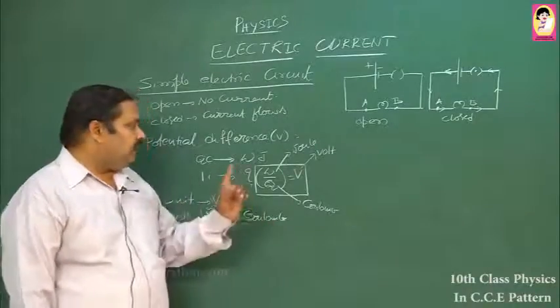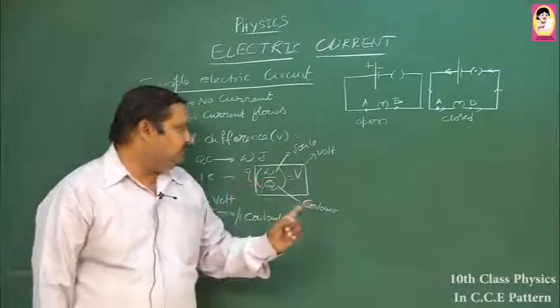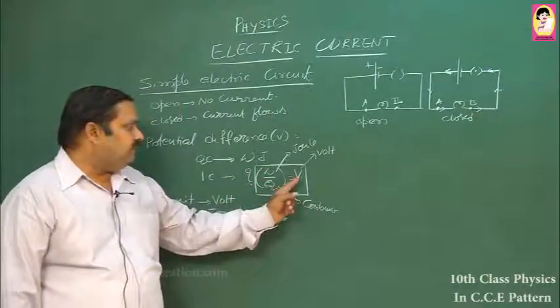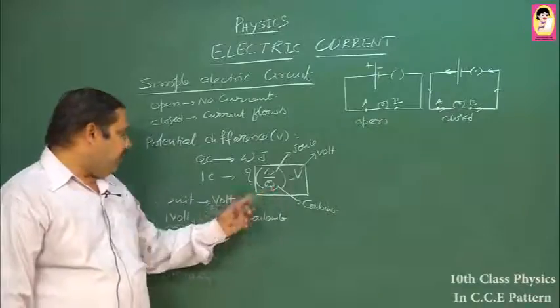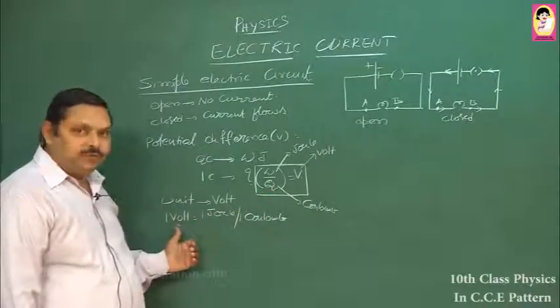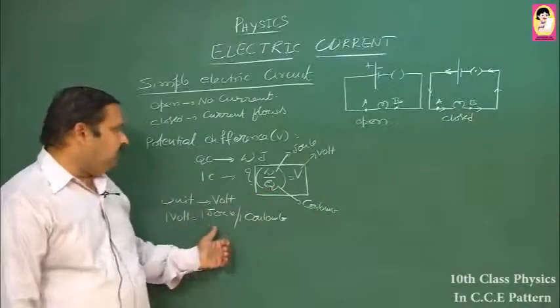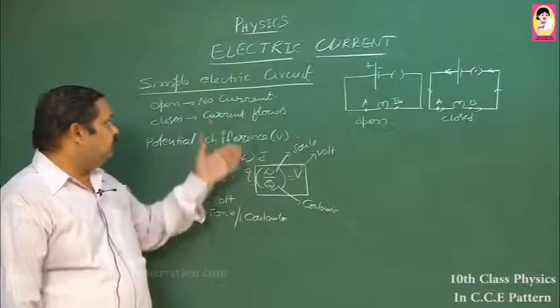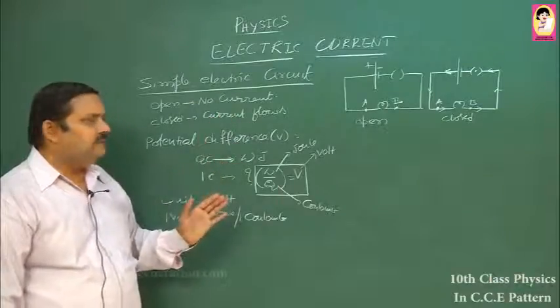So there are two observations here. One is potential difference V is equal to W by Q, and the unit of potential difference is volt, and 1 volt is equal to 1 joule by 1 coulomb. So this is the most basic information related to the